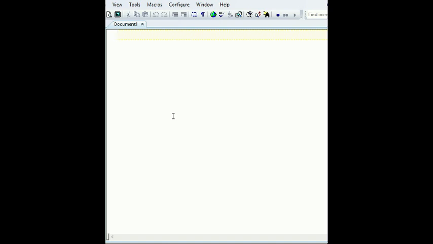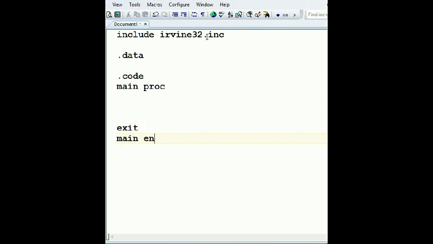So what we wanna do now is, let's first do the program template. Include Irvine32.inc, and now .data, .code, main proc, exit, main endp,